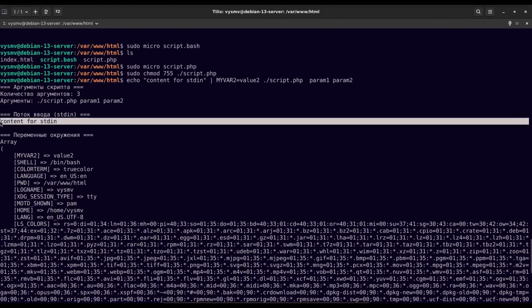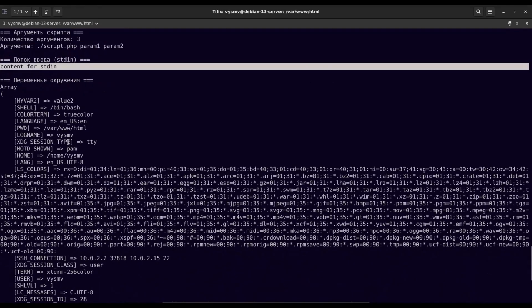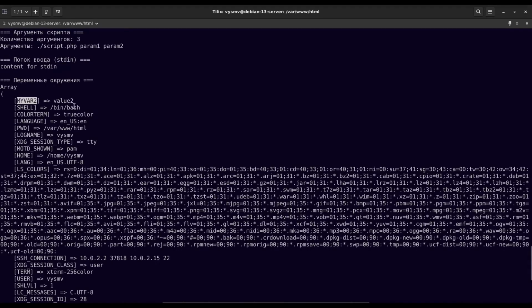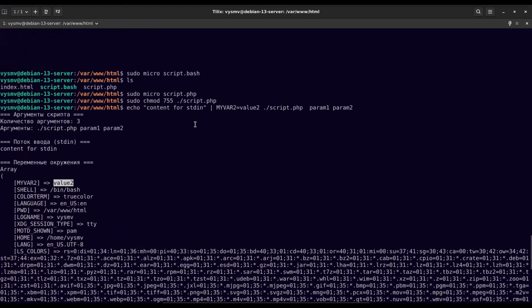We also see the content for stdin, which we read through the file_get_contents function. Let's take a look at the environment variables. Here we can immediately see myvar2, which has the value myvalue2. It is also available in the body of our script. This leads us to conclude that our PHP script was run exactly according to the same rules as the bash script in the terminal. At this point, I would like to make a small clarification about how input-output works in